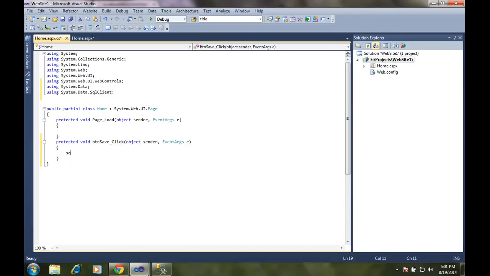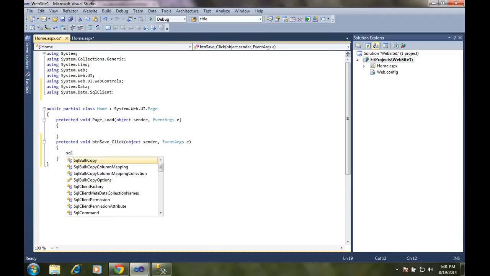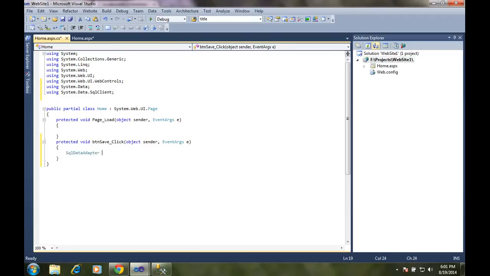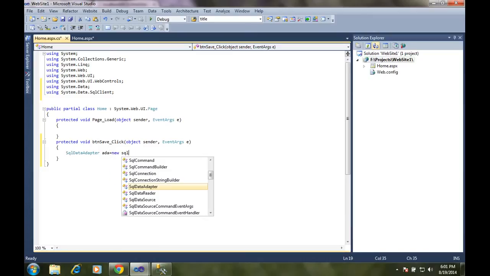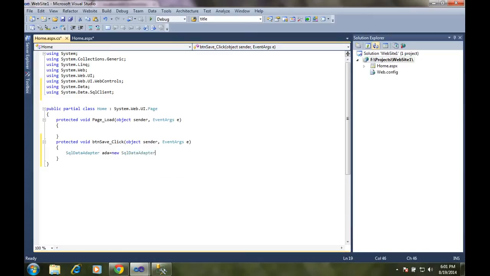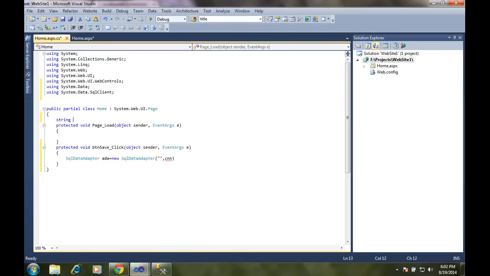Here SQL data adapter, add a new SQL data adapter. This is the connection. We are going to give the connection string CNN. This connection we are going to give here.